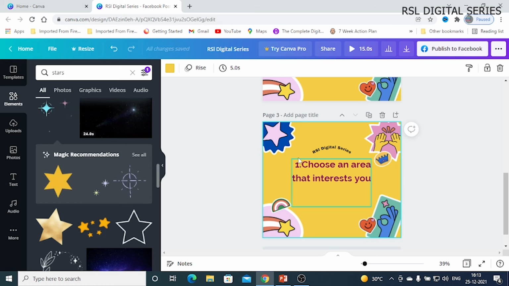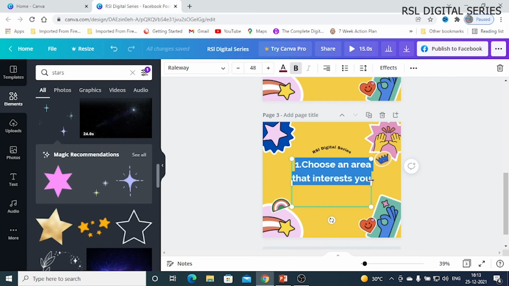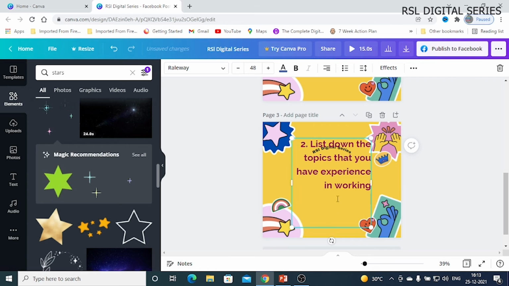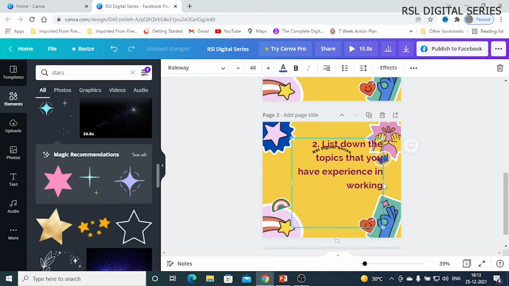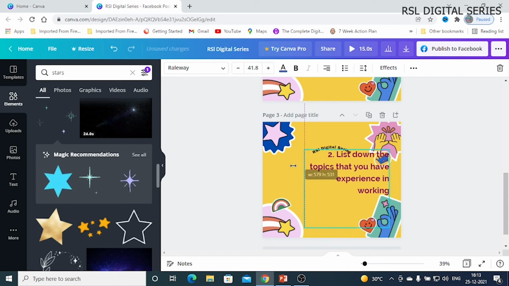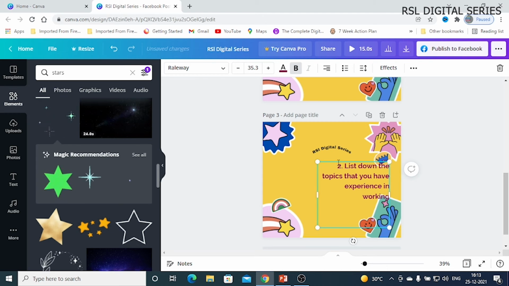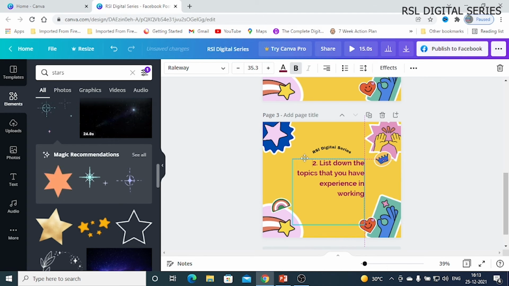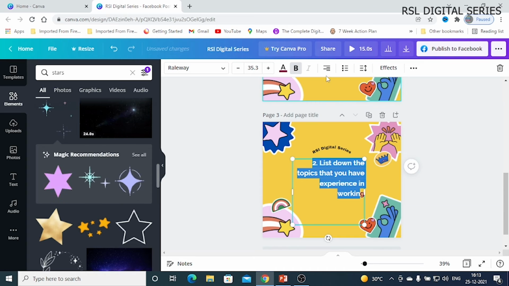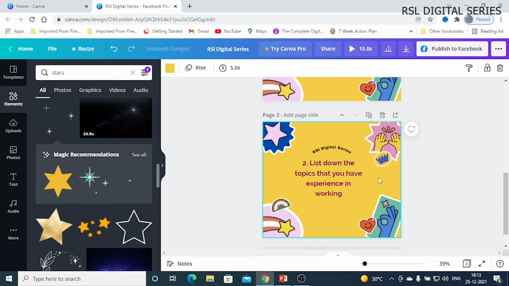I'm just copy pasting it. You have to center align it so that it will look good.